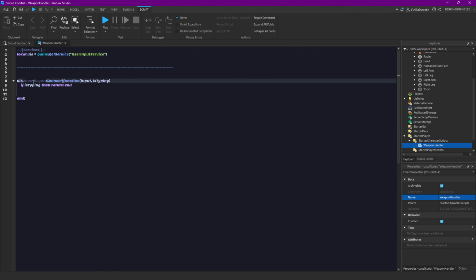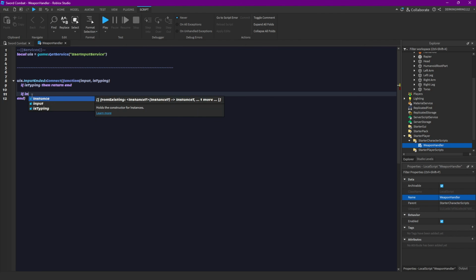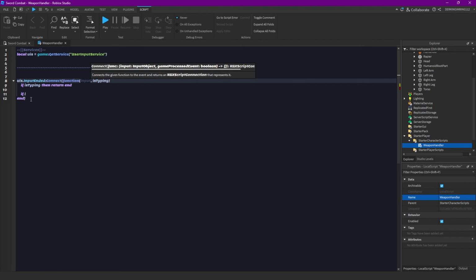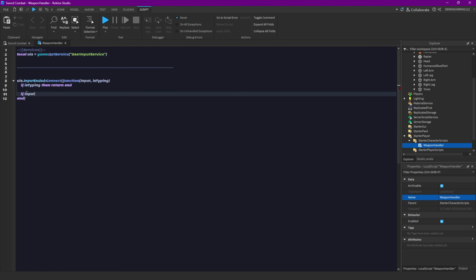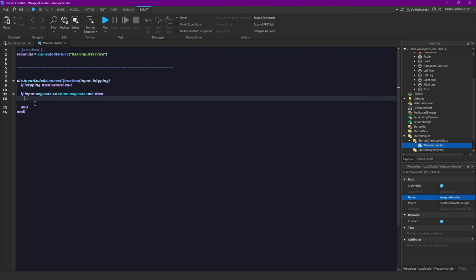Actually, let's change this to InputEnded, not Began. Then if input.KeyCode equals Enum.KeyCode.One, so the one key on your keyboard,